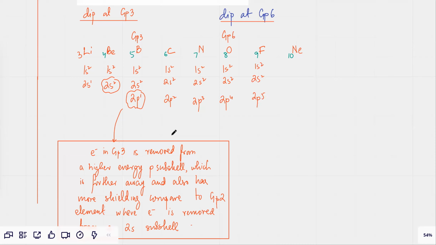Now the 2p subshell is not changing, so orbitals should not be a factor anymore. This would be 1s2, 2s2, and 2p6. But there's something going on when you move from nitrogen to oxygen. All of a sudden it became easy to remove electrons. So what's the difference between 2p3 and 2p4? The difference is